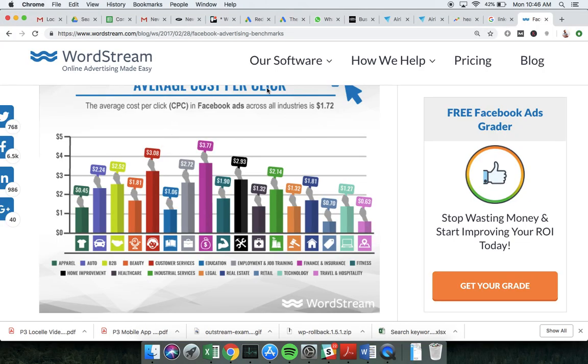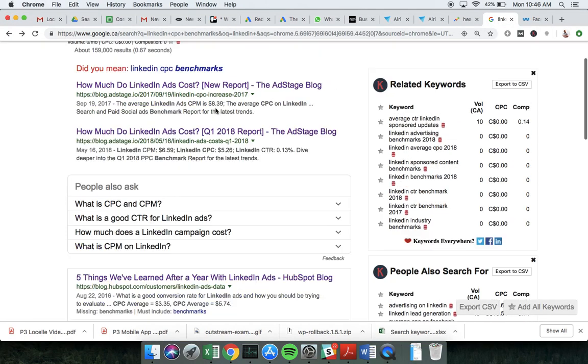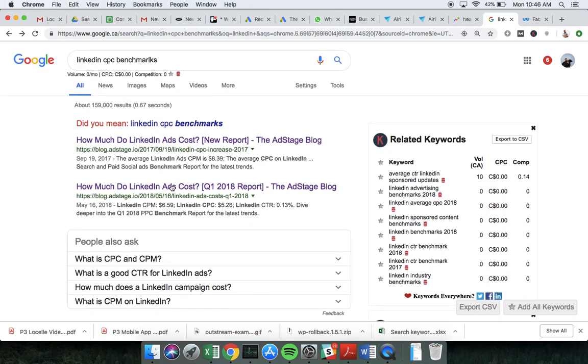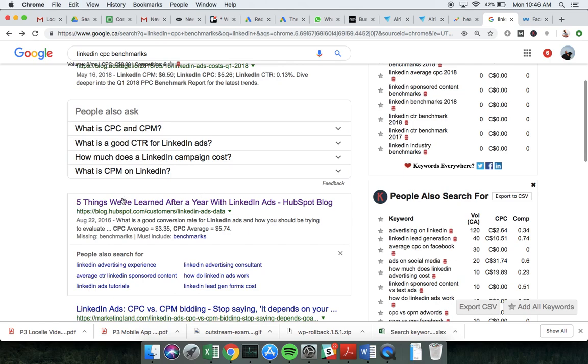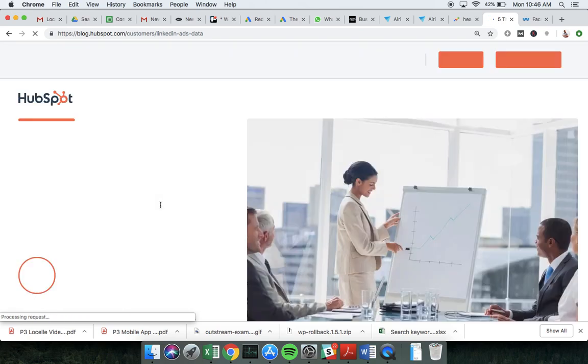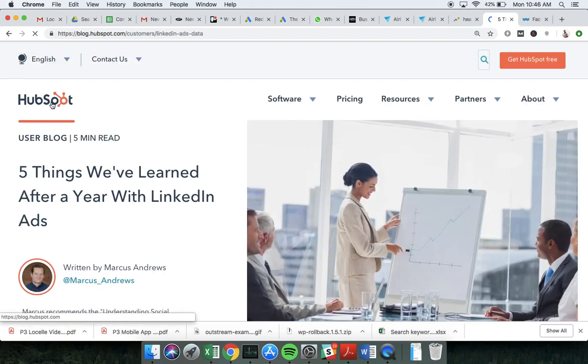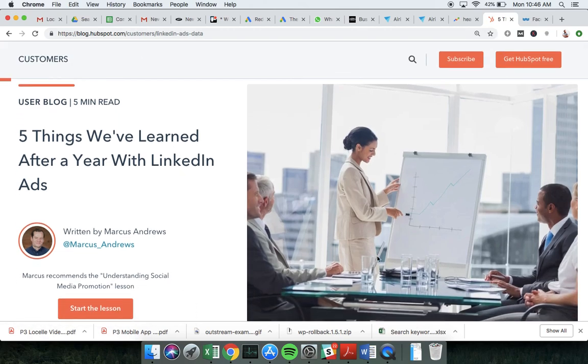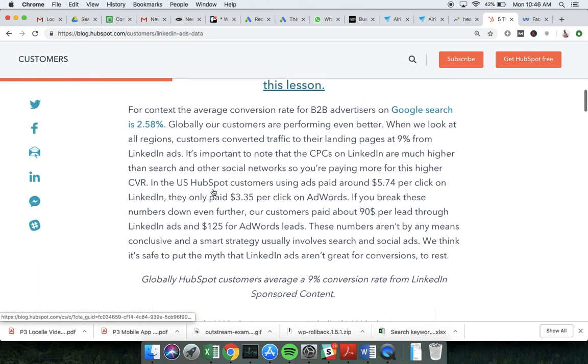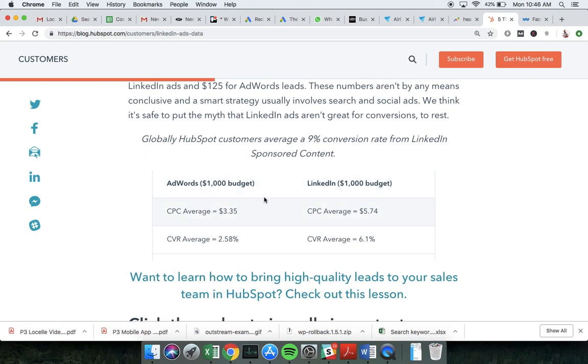And then I'm wondering about LinkedIn. So let's just search for LinkedIn CPC benchmarks. I've actually looked at these top two. I'm not huge fans of them, but this HubSpot article is pretty decent. So if I click into that, it's that kind of HubSpot study that they've learned lots of things after lots of years with LinkedIn. This looks like a classic stock photo of an uppy-righty graph that clients are very happy with. So if I just scroll down a bit, it's saying this is your classic AdWords CPC and AdWords average conversion rate, and this is the average LinkedIn one. So I'm just going to steal these numbers